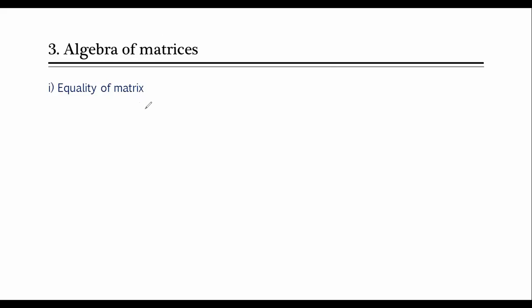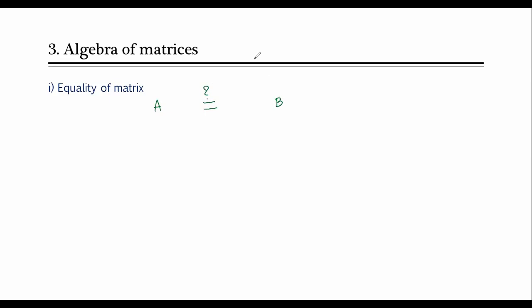Now, let us say there are two matrices. First, matrix A and matrix B. Okay, matrices are shown with what? Capital letters. Now, when can we say these two matrices are equal? What is the condition? The condition is when all the elements of A and all the elements of B are equal with the same position, then we can say two matrices are equal.